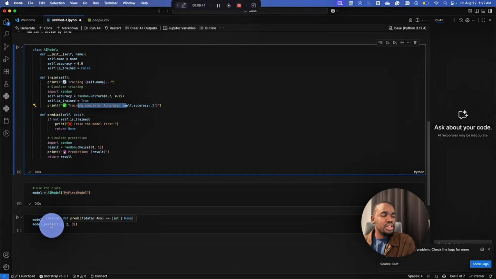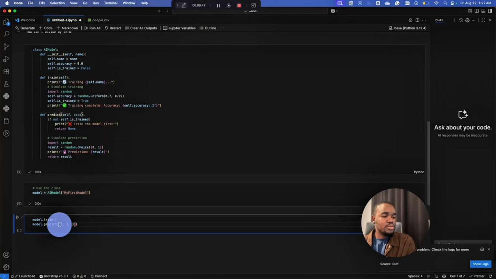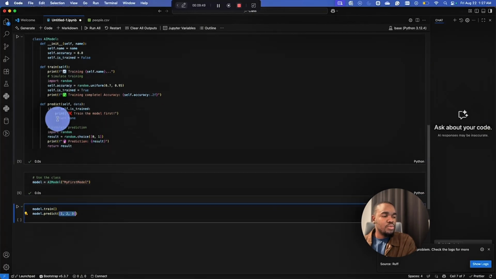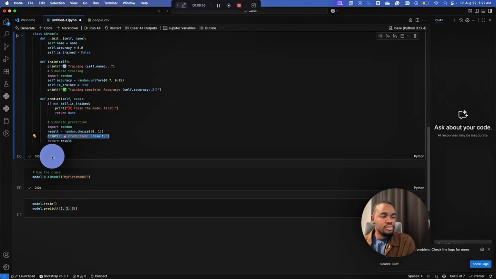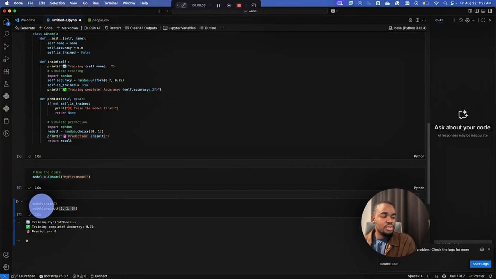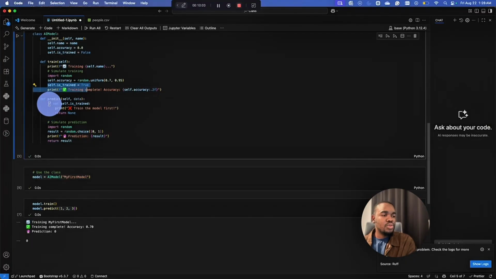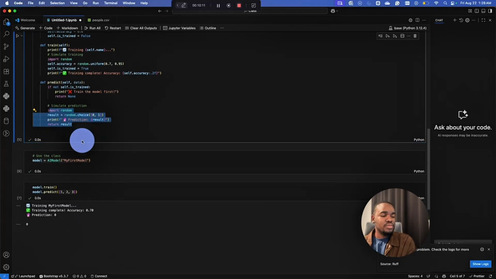And for model.predict, we have data here that we're inputting too, which would return our prediction, right? If we run this, model.train already tells us that is_trained is True. Since it is not false, this will not be done. This would now be what is being done: selecting a random choice between 0 and 1 to pick one of them